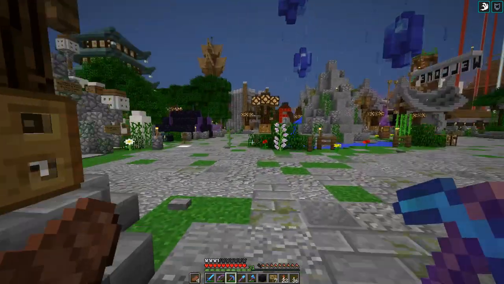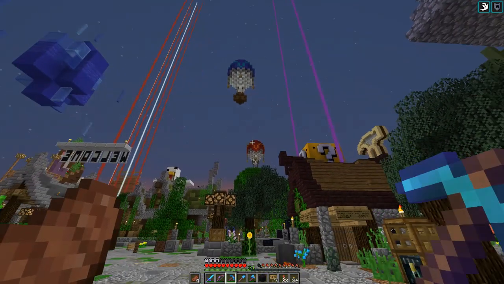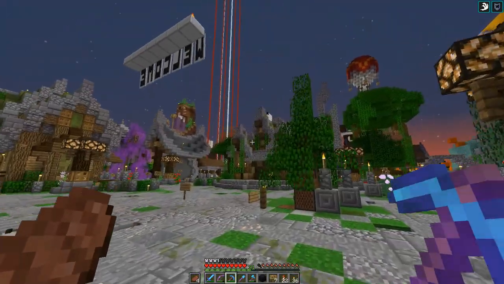Did I talk about that we now have beacons again at spawn? At first we had a bunch of beacons at spawn, and it looked really bad. And then we were like, yeah, okay, no more beacons at spawn. Looks stupid. And now we have beacons back at spawn, and...